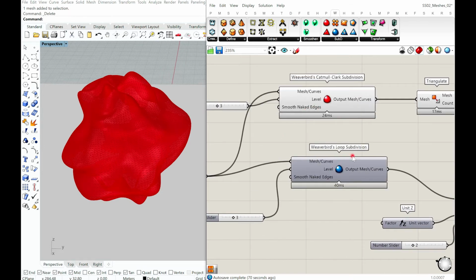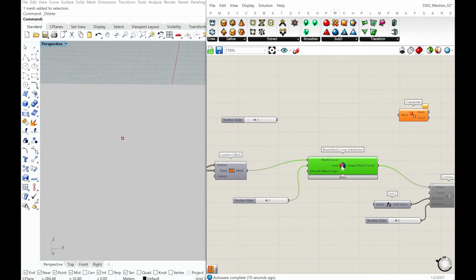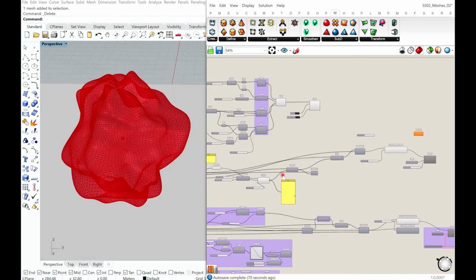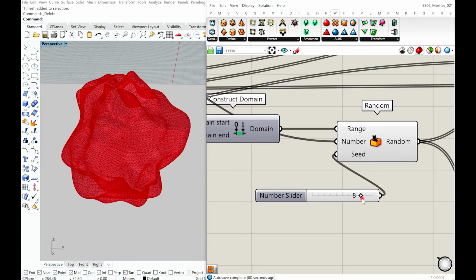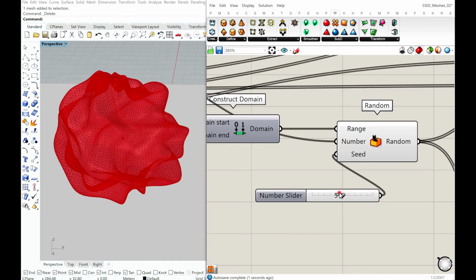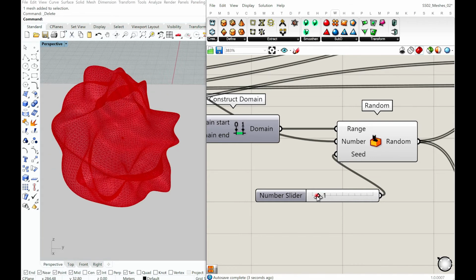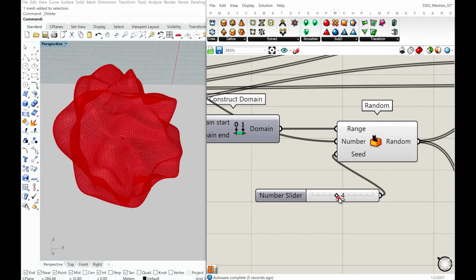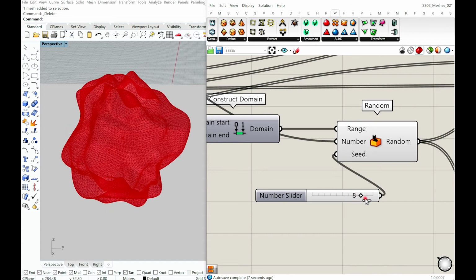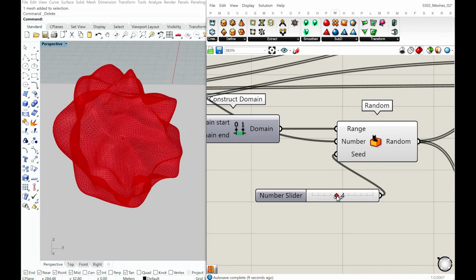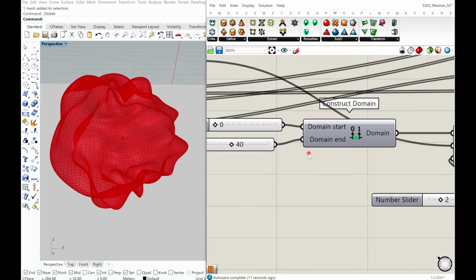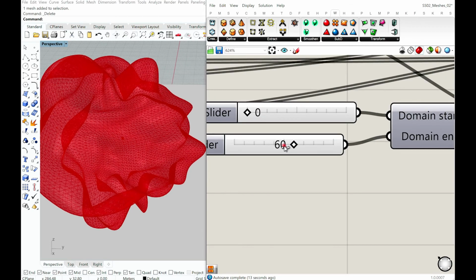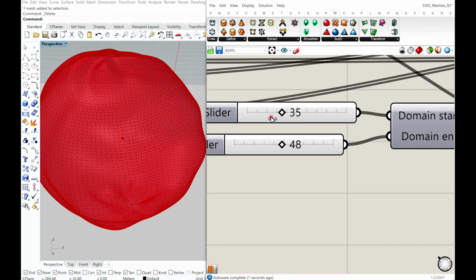And now if I want to go with any kind of subdivision and want to go back, change my randomness seed, I can simply change my seed to create different variations of this form. So it's kind of useful to create various iterations. I can also define the range.